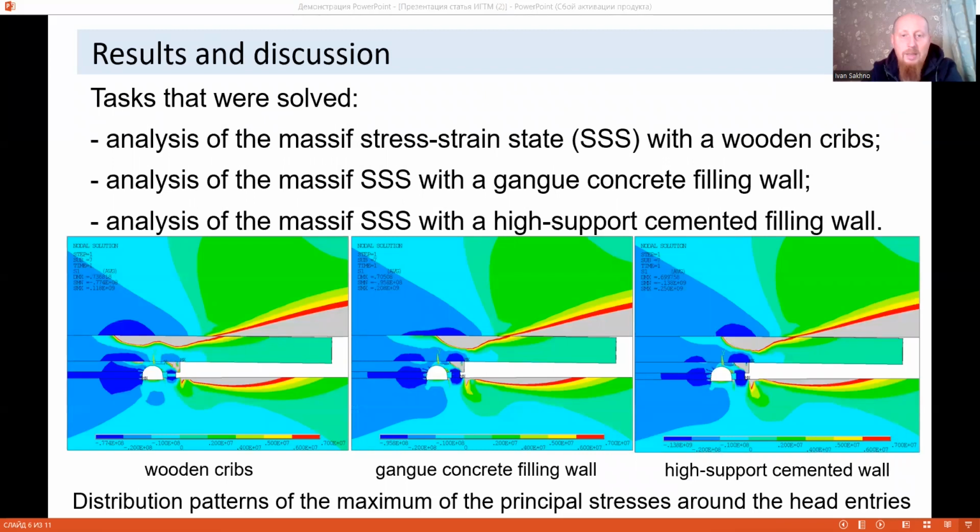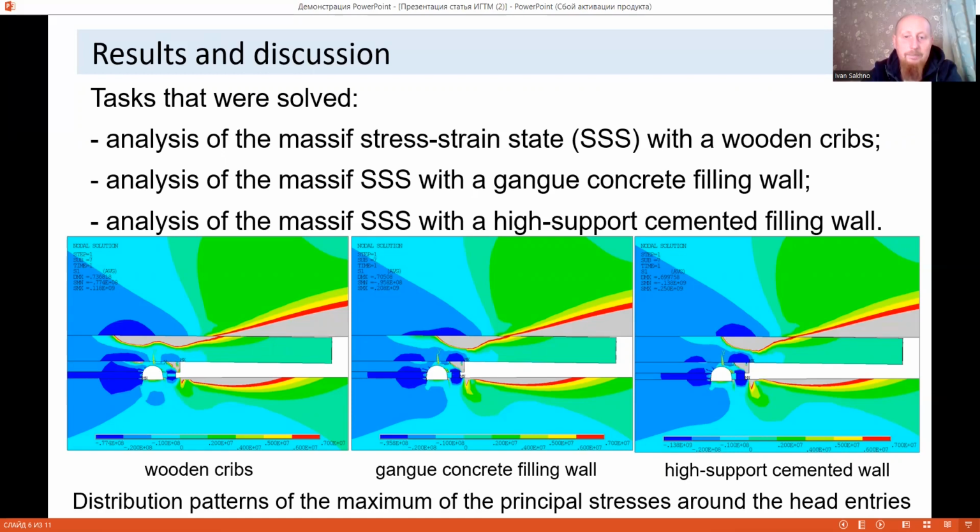The next part is results and discussion. To study the stress environment around the head entry, simulation modeling of the deformation process was carried out. The main roof console length was varied from 18.5 to 57.5 meters. Three tasks were solved, as you can see on the slide. The distribution of the maximum principal stresses around the head entries with a 42 meter main roof console length is shown on the slide. Gray color highlights